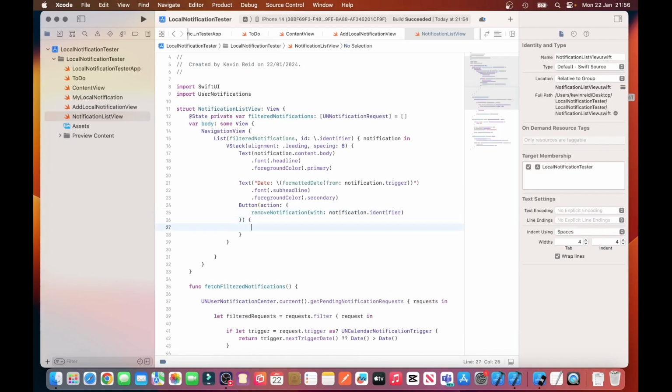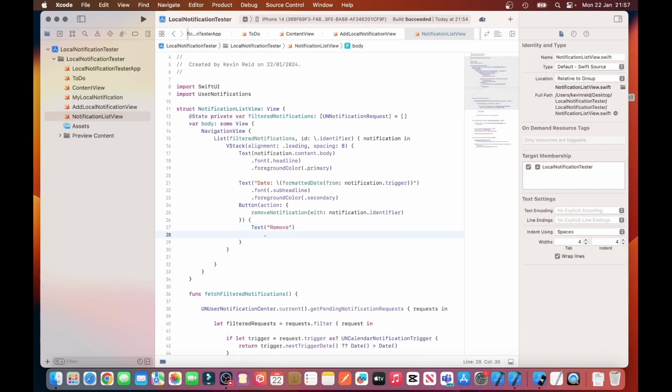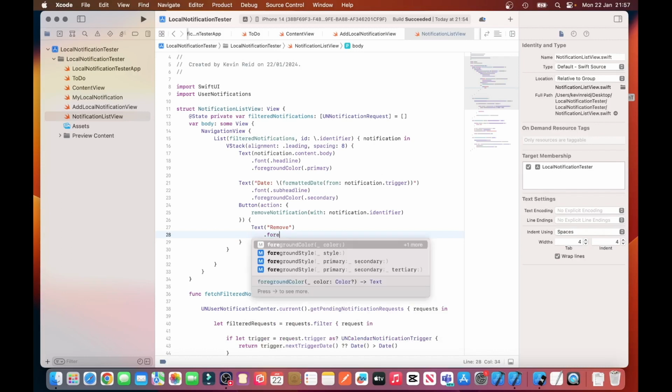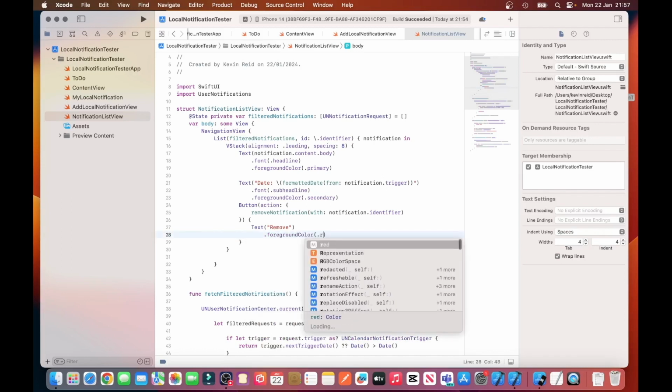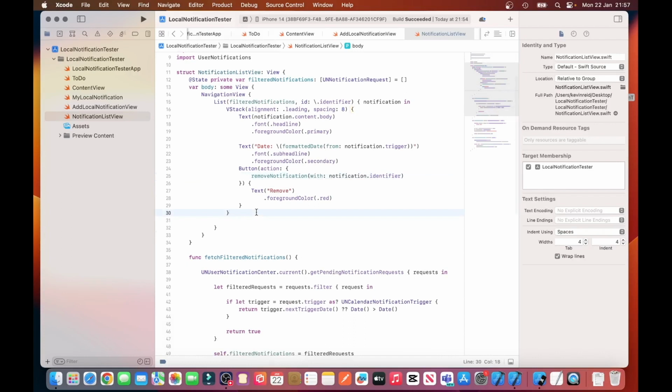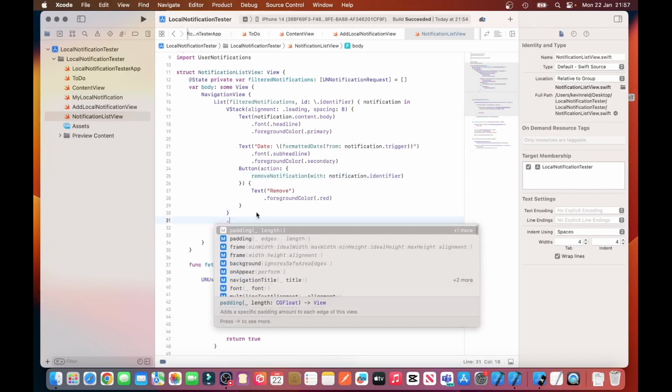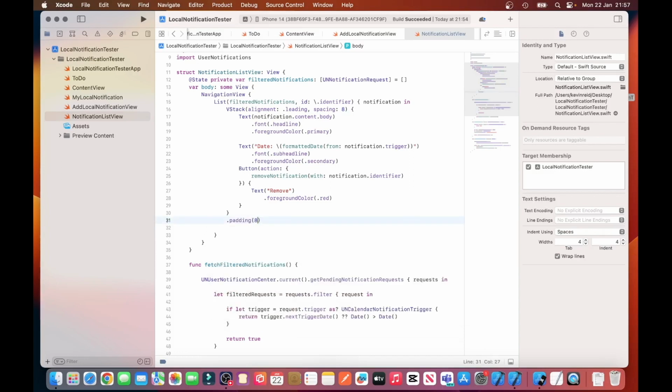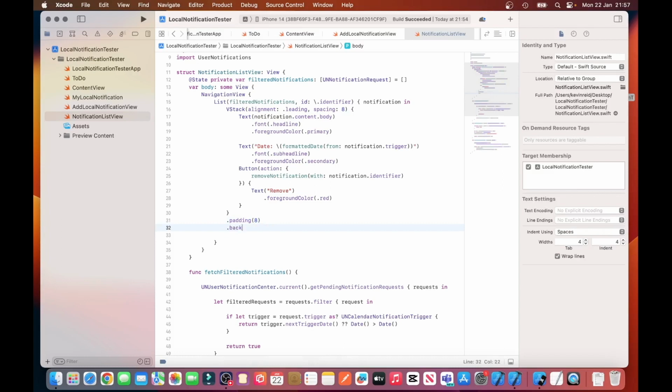And then the button caption is called Remove, .foregroundColor .red, .padding 8, .background color is white,